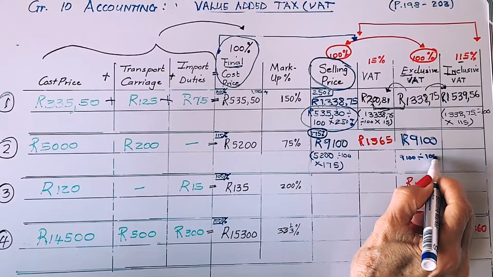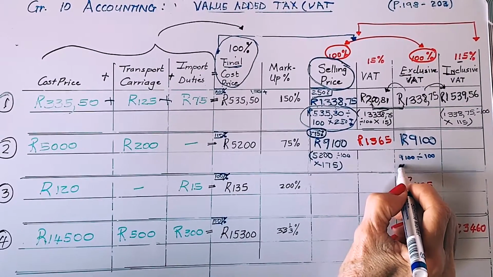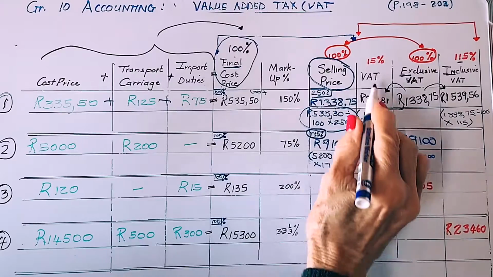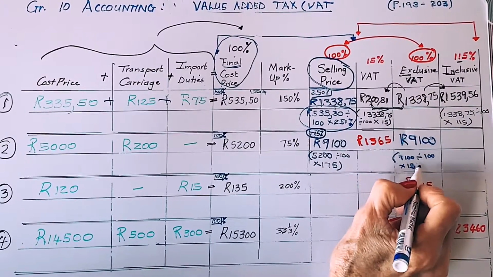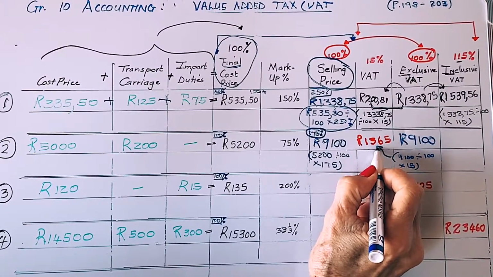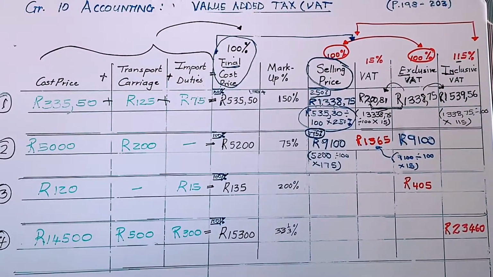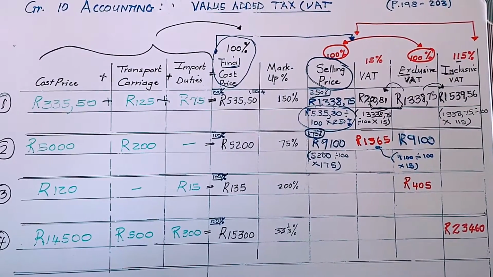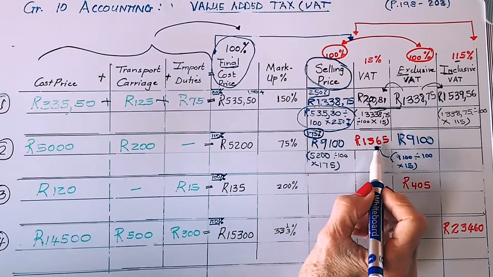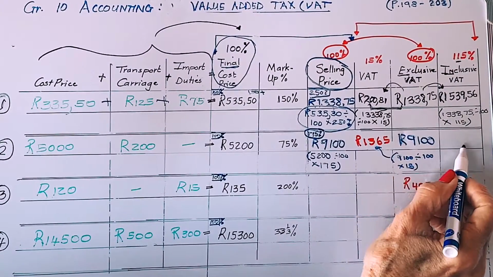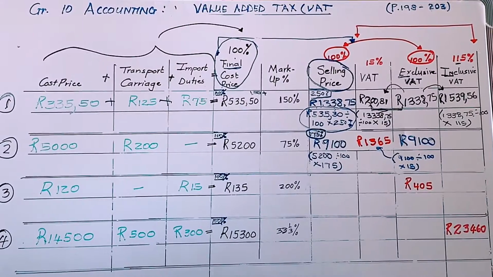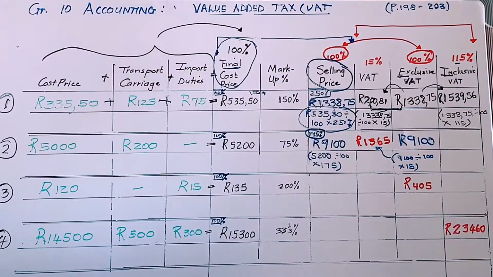By the identity of 100, I times it with the 15%, then that calculation should give you the amount of 1,365 Rand. And if I give you this amount and I want you to immediately jump and do the calculation of the inclusive VAT amount,